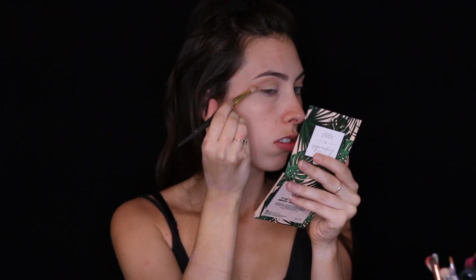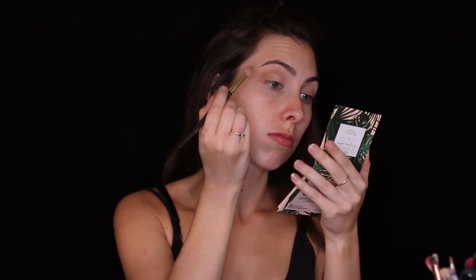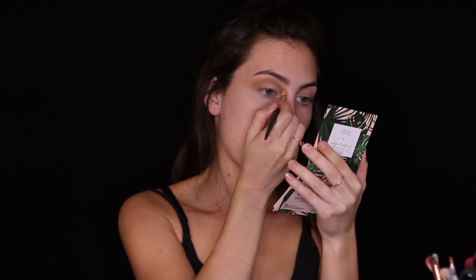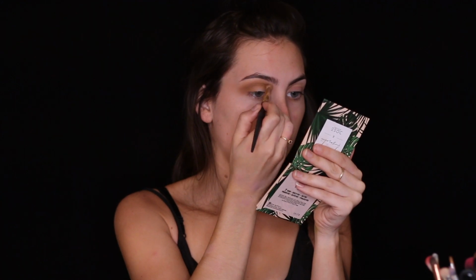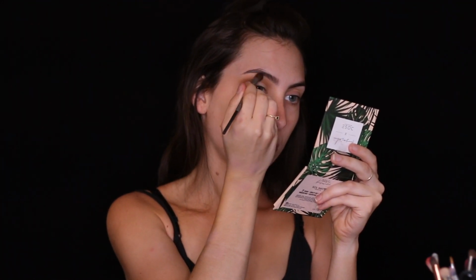You also see that I take this shadow and flick it out quite a bit in more of a cat shape. Then going in with the shade Pukey, which is this warm mustardy brown, I'm going to put this deeper into the crease and blending that into our transition shades. Again, we're taking this all the way to the inner corner. And then just taking a clean blending brush and going over the edges, just make sure everything is nice and